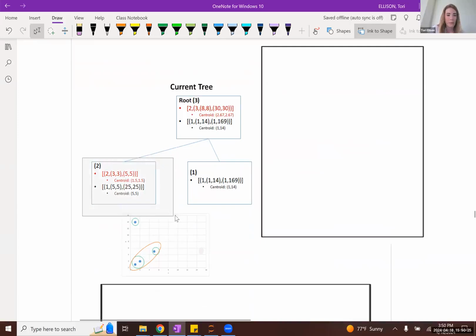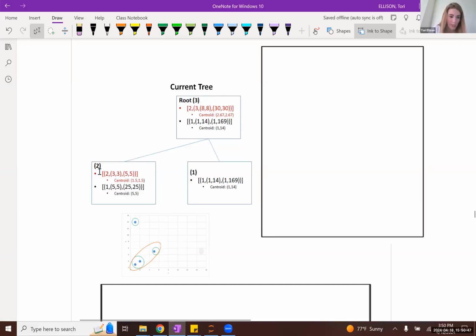However, what that means is that now this leaf node has been modified. So we need to update the corresponding entry of the parent node of this particular leaf node. We would need to update this entry here.